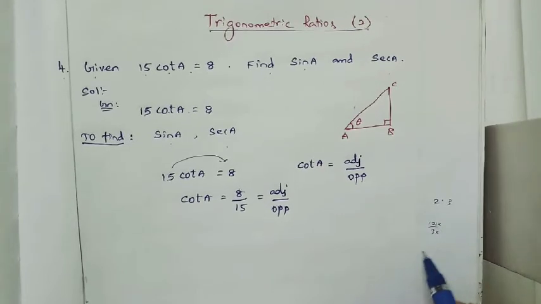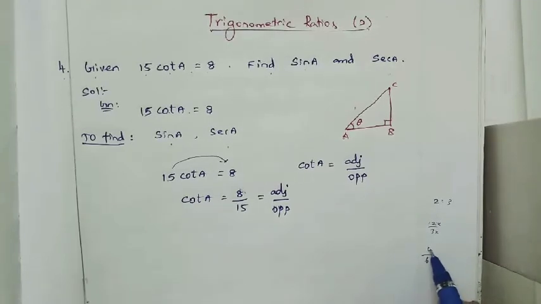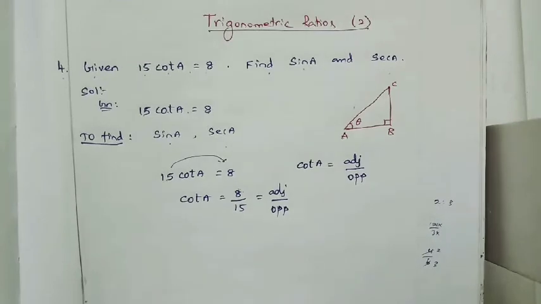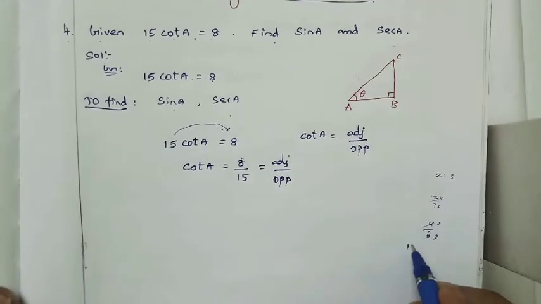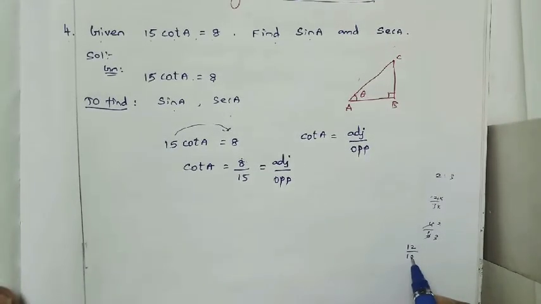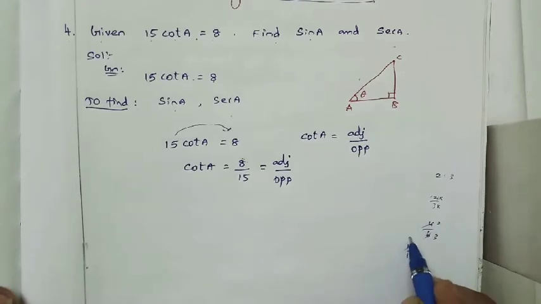We don't know that. Maybe suppose 4 by 6 is possible. While we are simplifying 4 by 6, what is it? 2 divided by 3. I am writing that as 12 divided by 18. What is the common multiple here? While we are simplifying, 2 times, 3 times, 6 multiples are there. 2 into 6, 3 into 6. The 6 is nothing but a common multiple. We don't know that. Some common multiple.